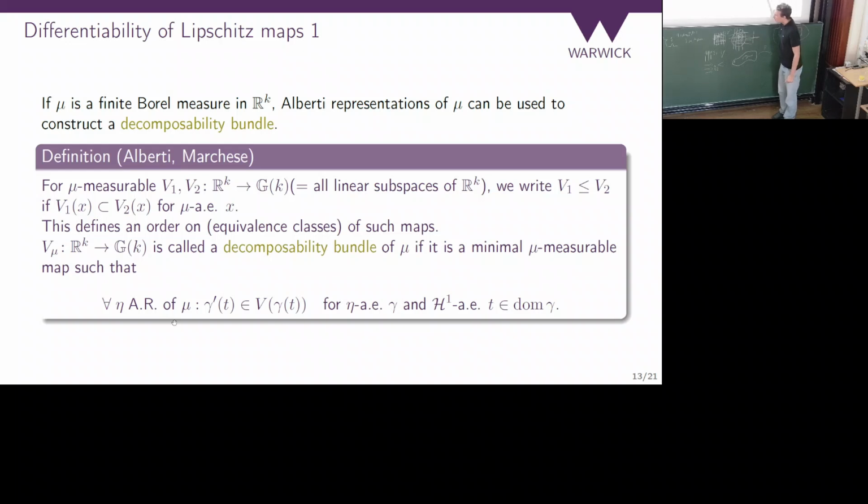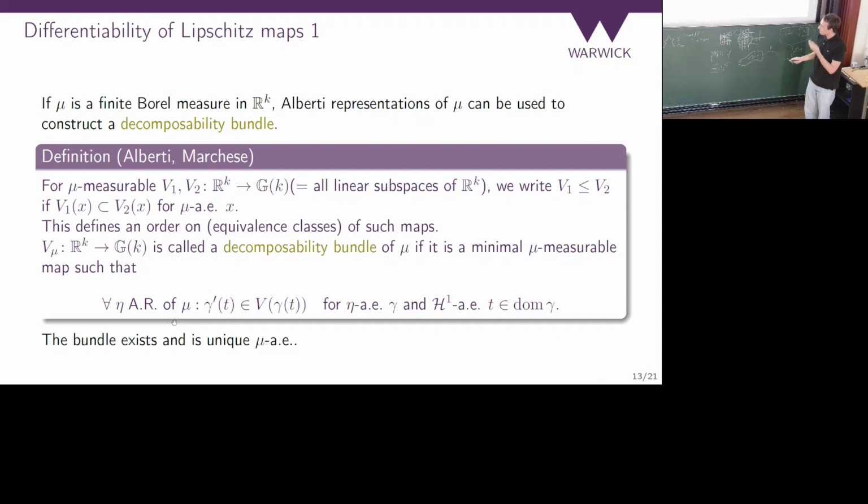The thing is that when we had this for sets, we had it for every gamma. Now we have it for every measure over gammas, which is an Alberti representation of mu. So this is kind of every curve in mu. Really, what you're talking about is every Alberti representation of mu. So okay, I have these independent Alberti representations. Now if I am in Rk, I can attach tangents so that the Alberti representations actually go in the directions of those tangents. And now why do I do this? Because it characterizes differentiability of Lipschitz maps.